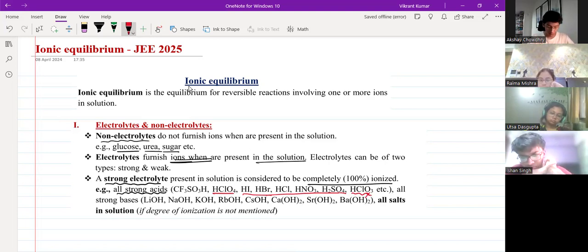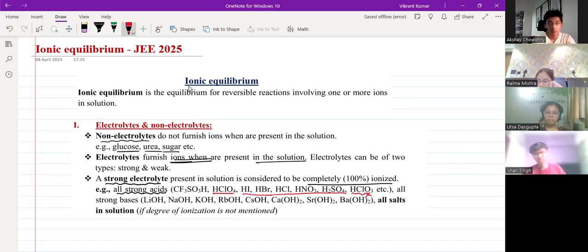CF3SO3H is sulfonic acid which is coming from organic chemistry. एक और होता है स्क्वायरिक एसिड बोलते हैं. सफिशिएंट एनफ एसिडिक स्ट्रेंथ होता है बट एज अ डाई बेसिक एसिड. ओके, तो उसकी बात यहाँ पे नहीं करने वाले हम लोग. उसके क्वेश्चंस आएंगे तो डाई बेसिक एसिड की तरह उसका K की वैल्यू दिया रहेगा, तो वो एक डिफरेंट मैटर हो जाता है. राइट नाउ वी नीड टू फोकस ऑन दीज एसिड जो मैंने अंडरलाइन किए हैं.